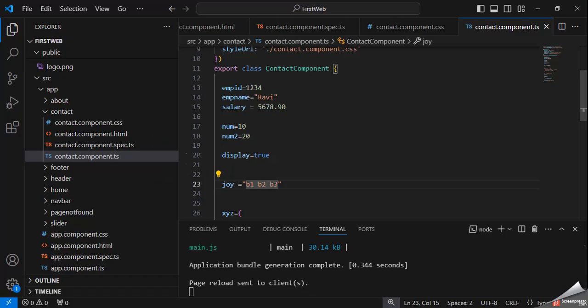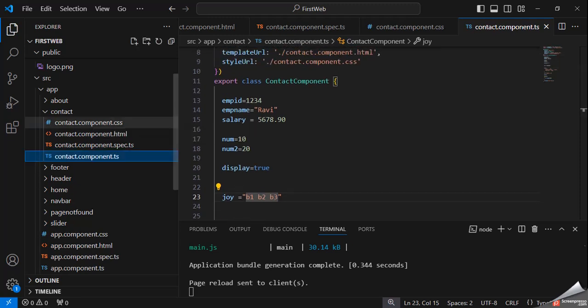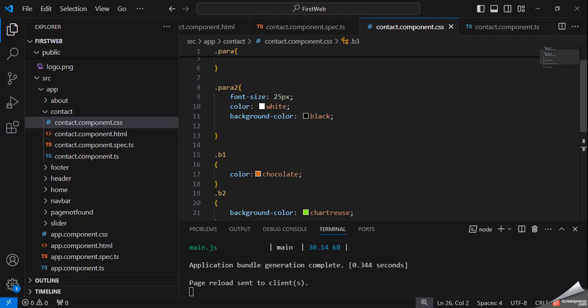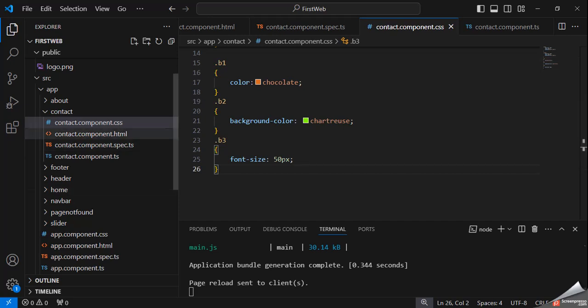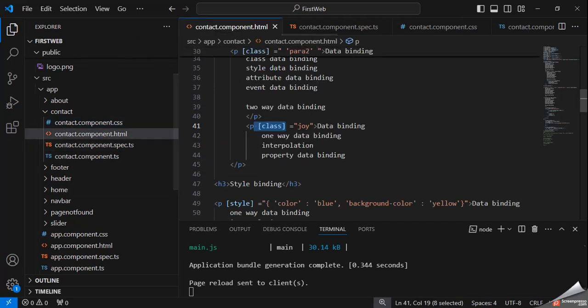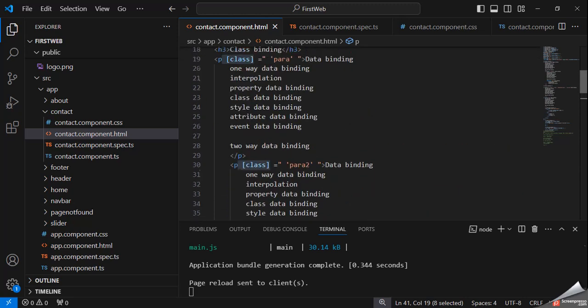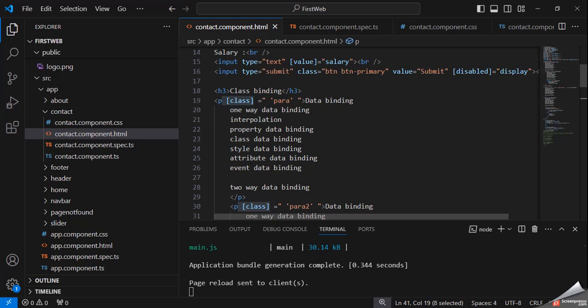Okay, so here this is a class, so here we can declare the class as we declared in CSS. So here para 2, B1, B2, B3. After that, suppose we want to use it, we can easily use it, we can declare that class in double quotation mark, with single quotation mark, and we can use it.